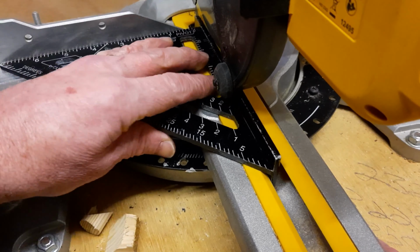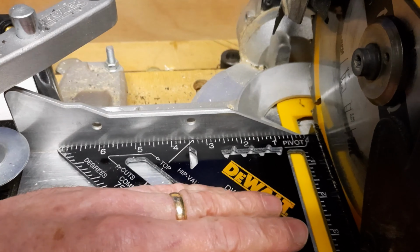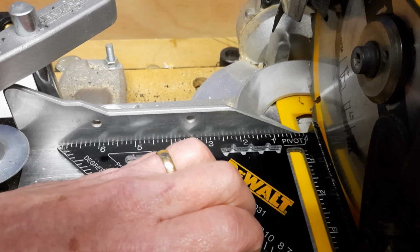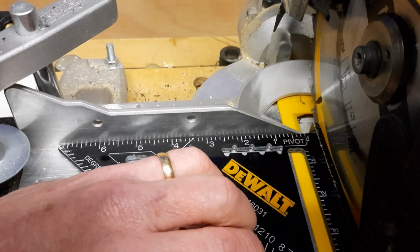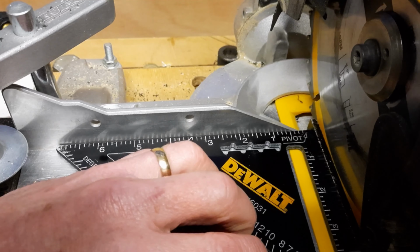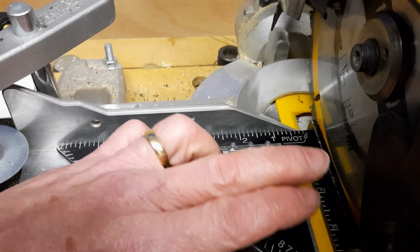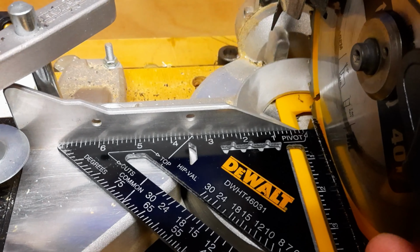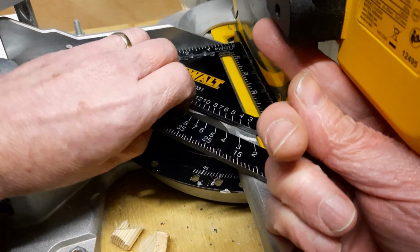And if I just move the camera momentarily, you can see if I hold the square against the blade, I've got quite a lot of adjustment there. What Marek is saying, incidentally, is that he's got 2 degrees of inaccuracy on his saw. Now, that sets out 90 degrees, but what Marek is saying, let me move the camera back, is the problem he's got on his saw